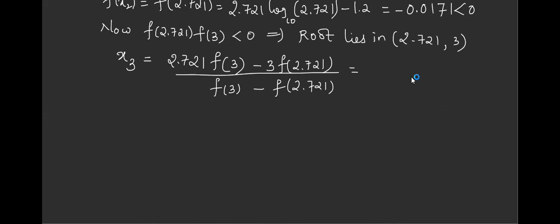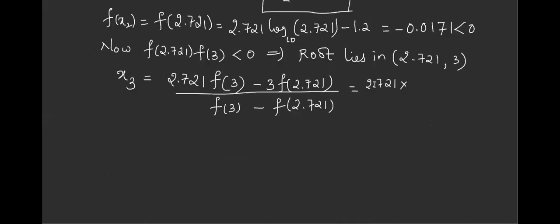Yes, ma'am. So this combination should be remembered. This is for regular false position because for the NR method we have a different formula. Now substitute the values and simplify. You know what to substitute. I have to substitute for f of 3. Can anybody help me? Just tell me what is the value of f of 3 we have got.